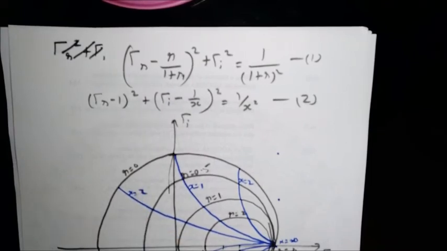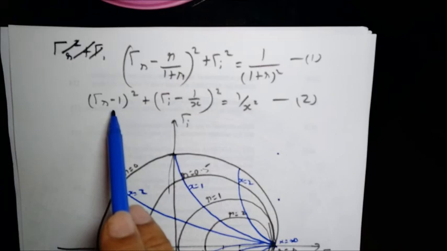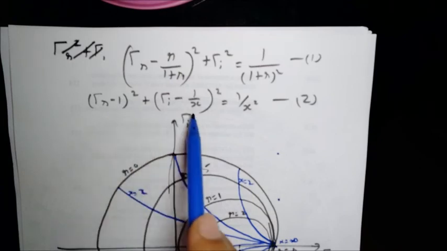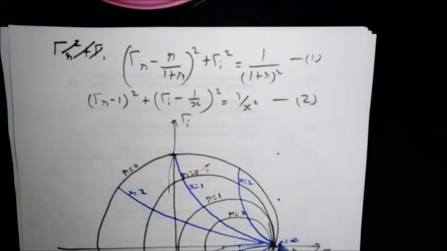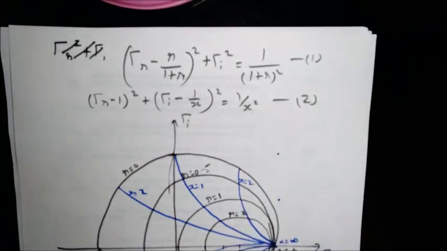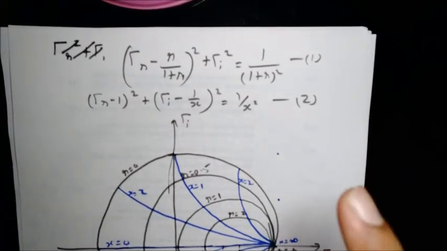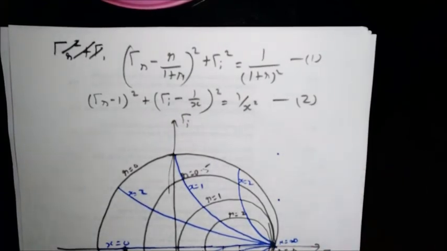And you can see what happens when x is 0. That can be interesting. When x is 0, you will have a circle with its center at 1, infinity. So 1, infinity and radius infinity. So that will be a part of the circle. It will be actually a straight line, x equal to 0, because its center is at 1, infinity and radius is infinity. So this is what it is.